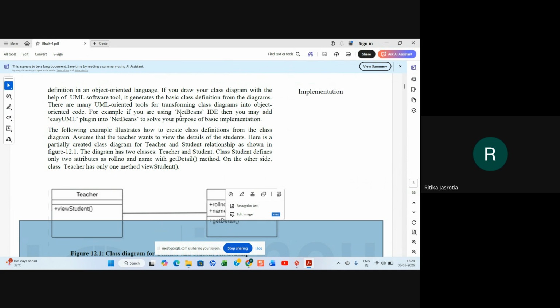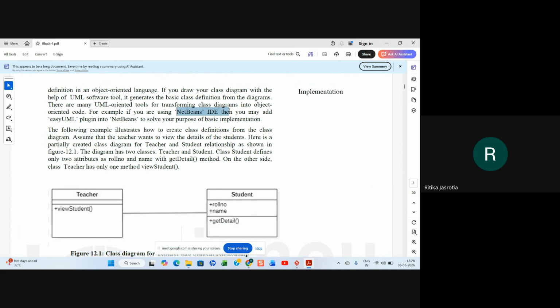Those of you who are using the NetBeans IDE may add the Easy UML plugin into NetBeans for basic implementation. If you give this diagram to the Easy UML plugin of NetBeans, it will automatically create the code for that particular class.